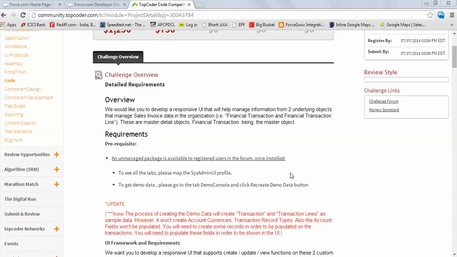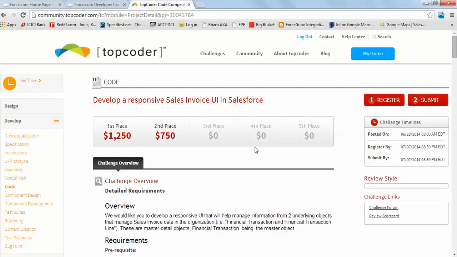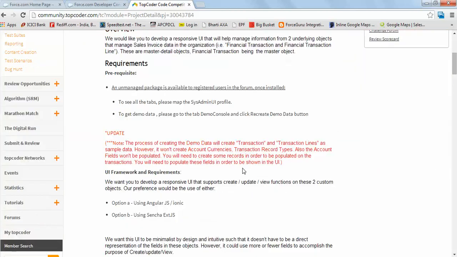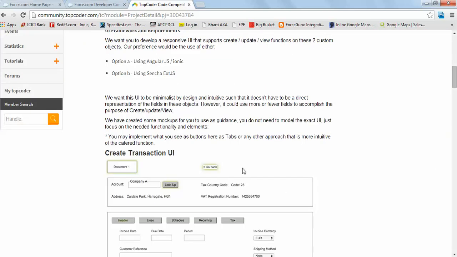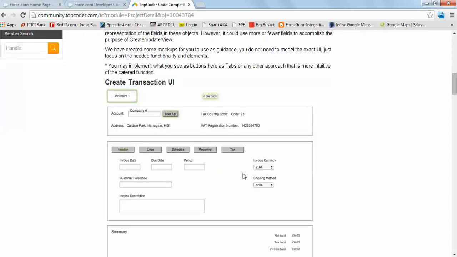Hi, welcome to the demo of responsive sales invoice UI in Salesforce. This application development is mainly intended to develop a UI for a financial force where the transaction and transaction line